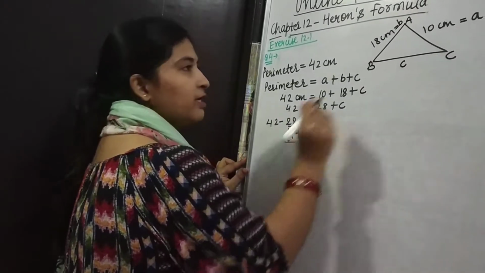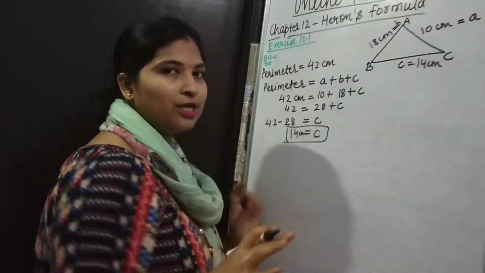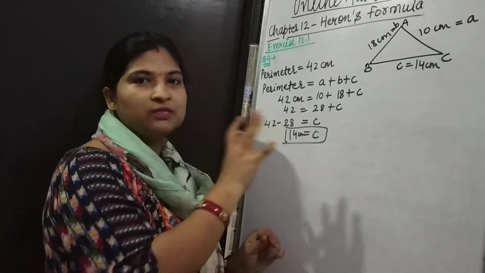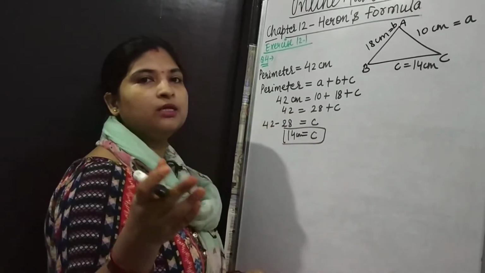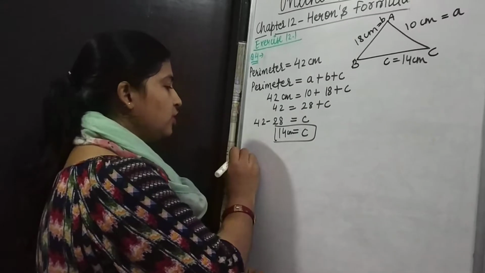All three sides are given to you. Now you know all the three sides. Can you find the area of the triangle by Heron's formula? Yes, I know that most students will say yes, we can find it. If any doubt comes, you can tell me in the comment box or in the message. Now we can do question number 5.